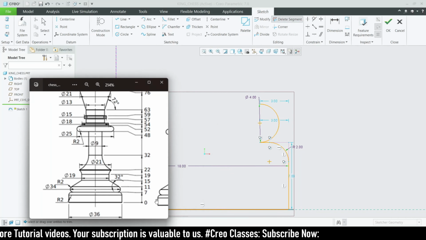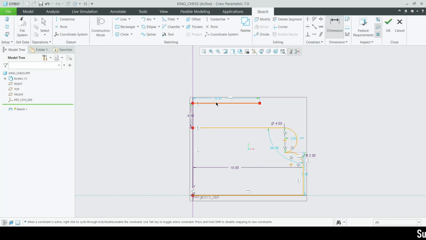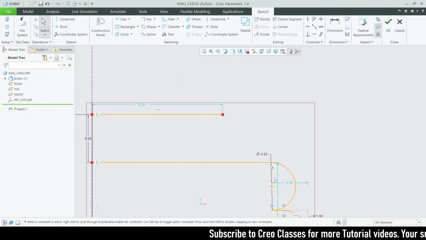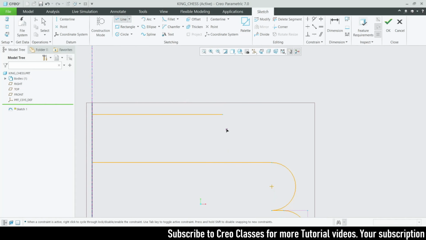Okay, it got placed, so let me delete this. Let me create one more line like this. So now let's adjust this value as 4. Okay, and let me check whether from the bottom it will be 15. Yeah, 15. Okay, good. So then we can directly create a line feature for this, like they have mentioned here. Either you can go by an angle, or else, let me just,